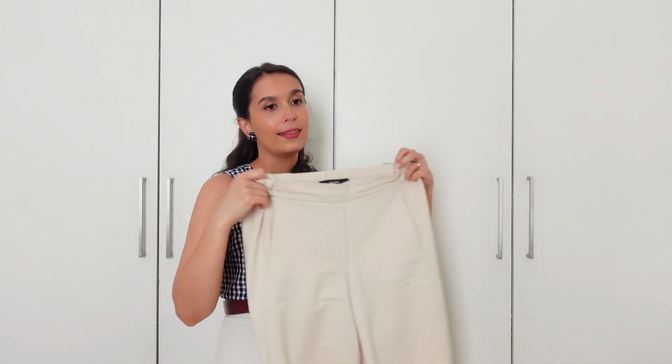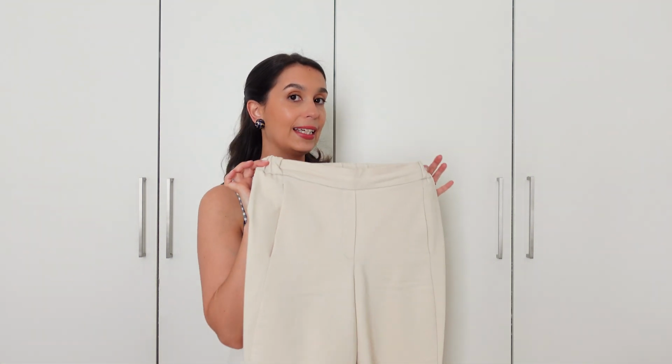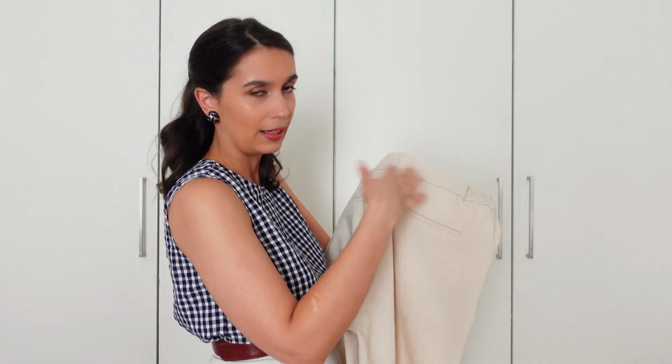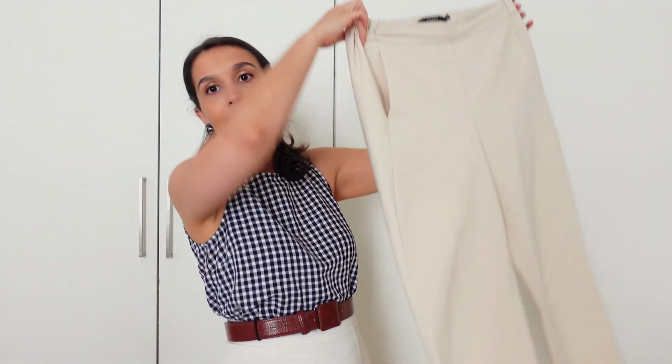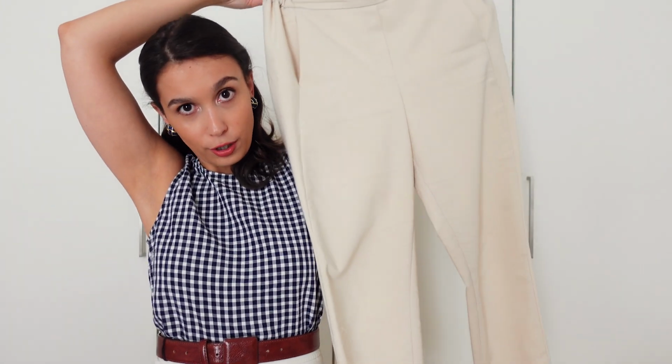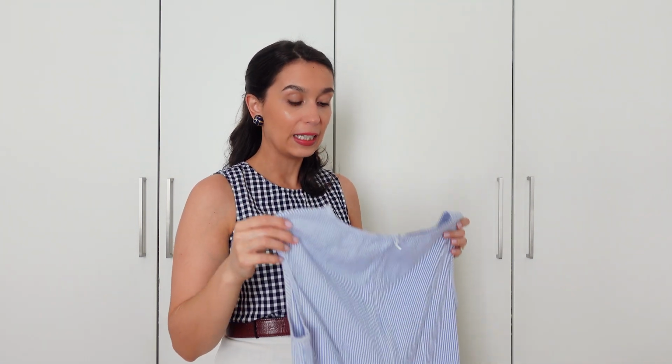The only thing that I wish was different about the pants is the elasticated part, just because I cannot tuck things in. I really don't like the look of the elastic part being visible, but other than that, these are the GOAT of pants. This dress has a very special place in my heart because I got it the first